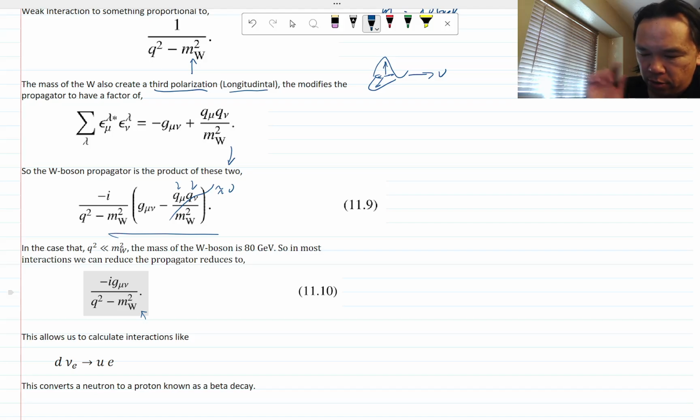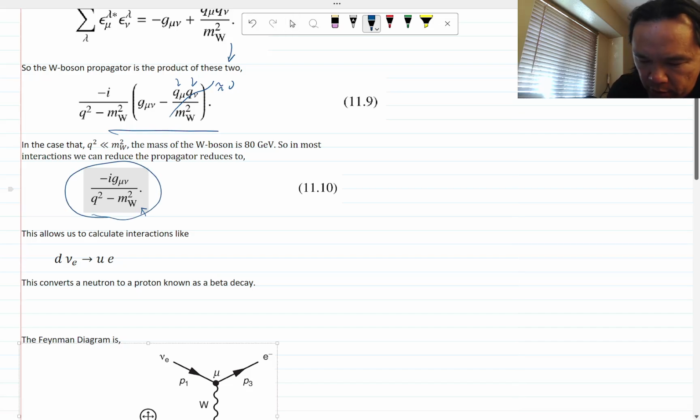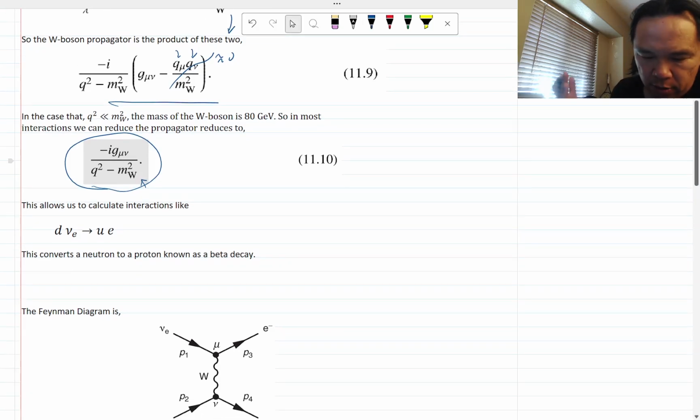In the next section, we're going to do one more approximation, but this is the W boson propagator you will typically use. Okay. What this allows us to do is basically calculate things like